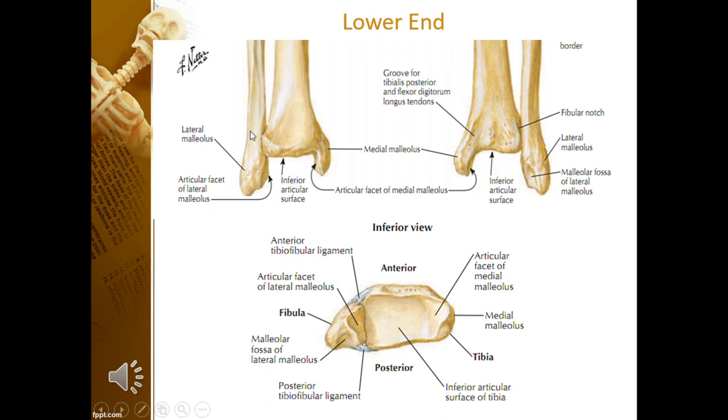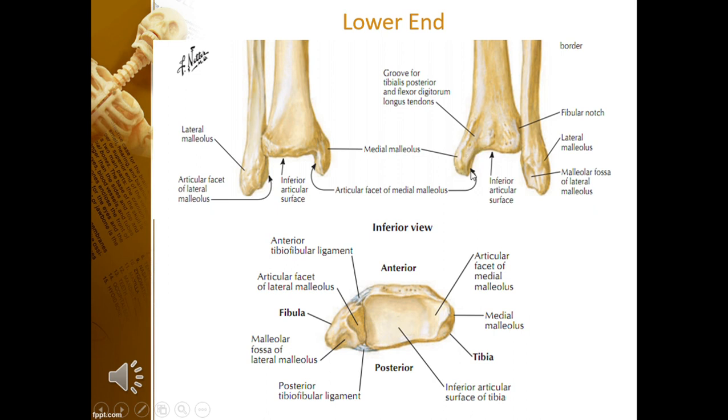The anterior surface is mostly smooth with a small roughened area with grooves of the tendons of anterior compartment of leg. And we have the posterior surface, which is grooved and roughened for the tendons of posterior compartment of leg. On the lateral surface there is a notch called fibular notch, which is going to form inferior tibiofibular joint. The medial surface is basically subcutaneous, and it is continuous with the medial subcutaneous surface of